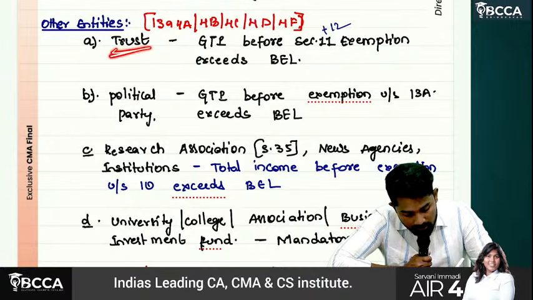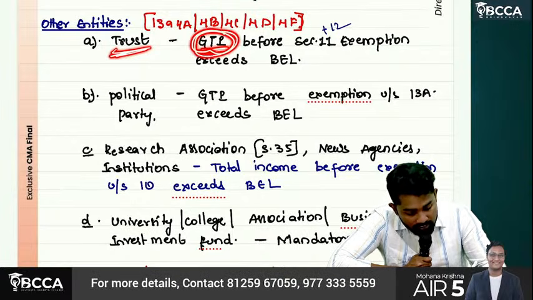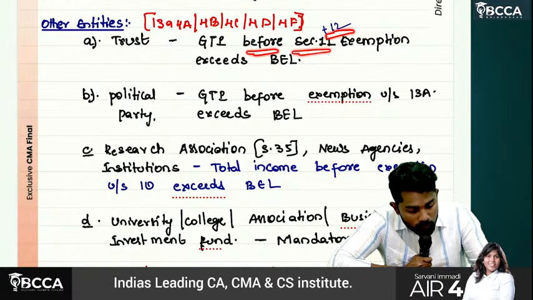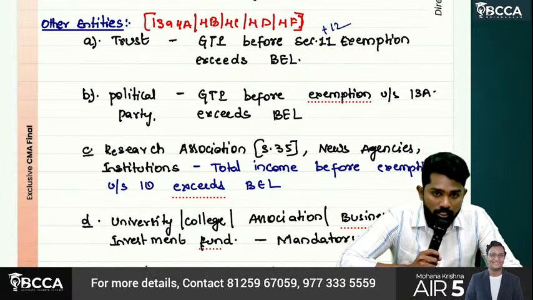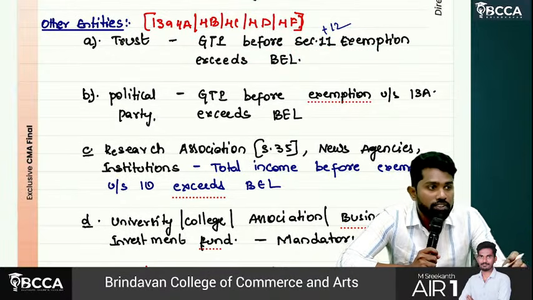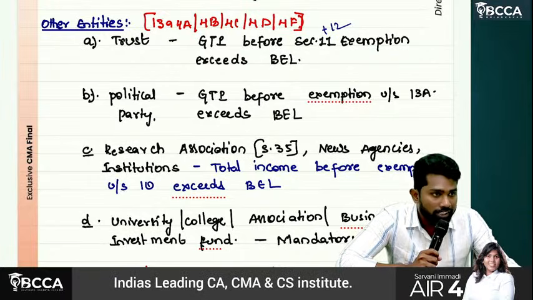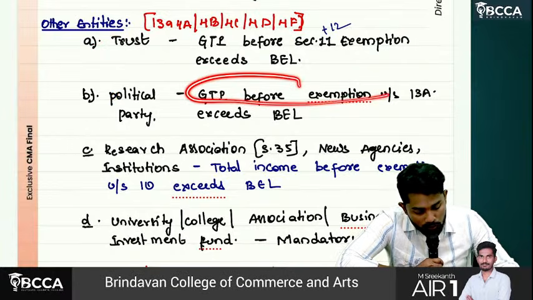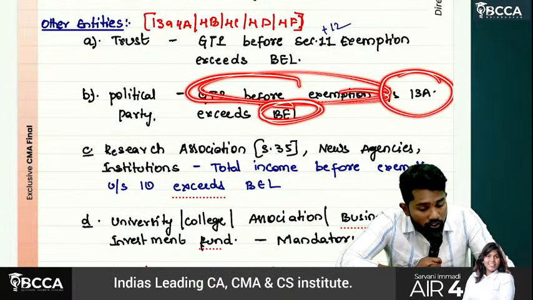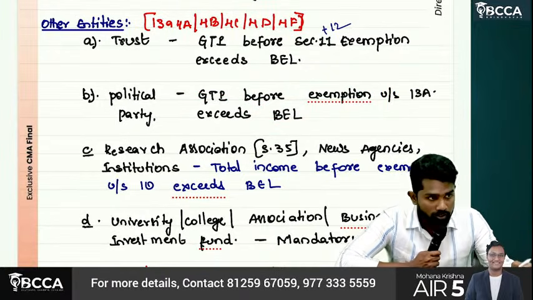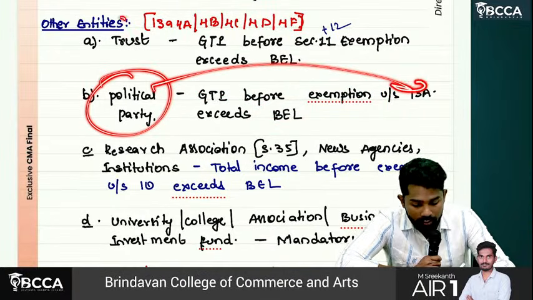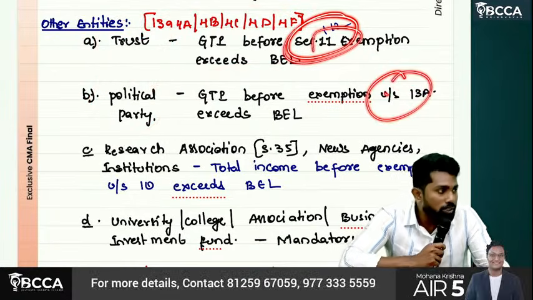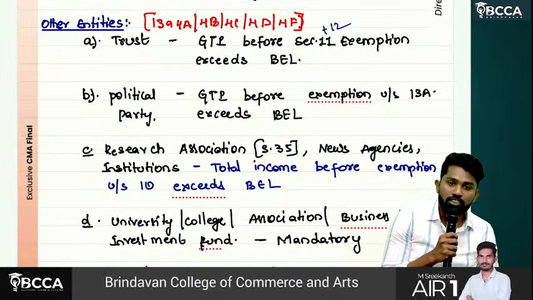Trust, sir, a charitable trust kind of. Their gross total income before giving section 11 and 12 exemptions exceeds the basic exemption limit, then they have to file return of income. Political party, their gross total income exceeds the basic exemption limit before giving the exemption under section 13A. For political party, the exemption is under 13A. For trust, the exemption is under section 11 and 12. Before giving these exemptions, if their gross total income exceeds the basic exemption limit, then return has